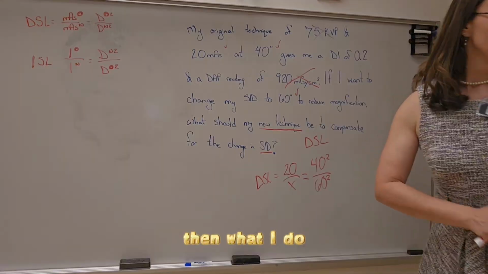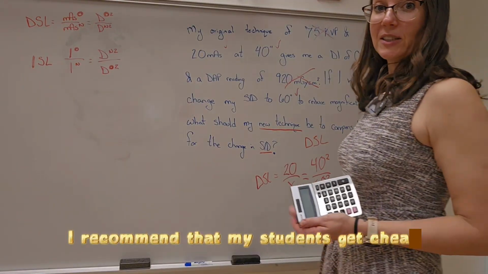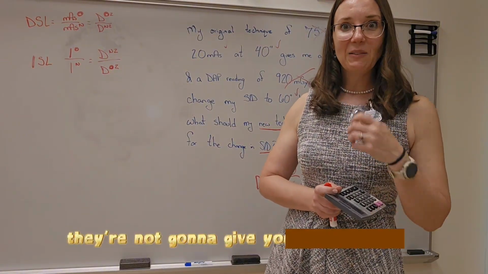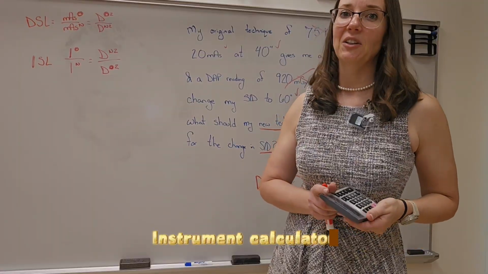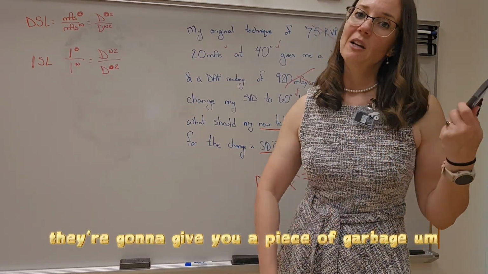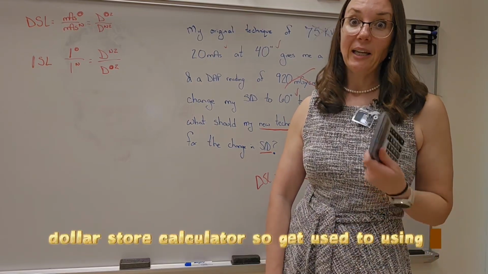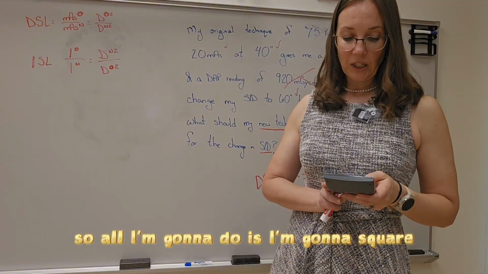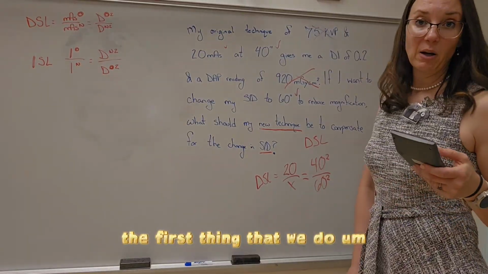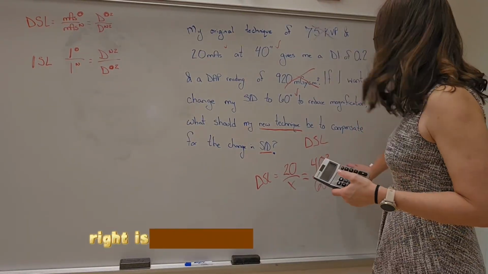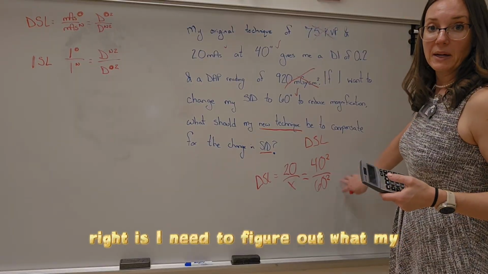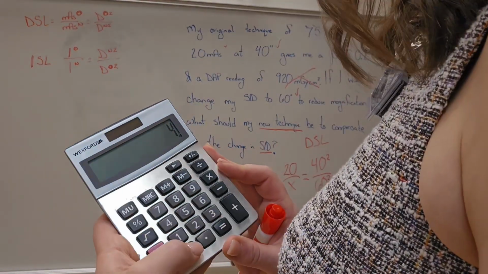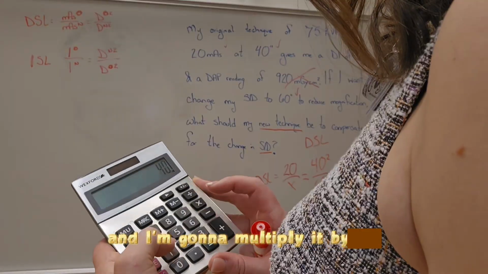Then what I do, I recommend that my students get cheap calculators, because guess what? When you go to take your registry, they're not going to give you a fancy Texas Instruments calculator. They're going to give you a piece of garbage dollar store calculator. So get used to using a cheap calculator. So all I'm going to do is I'm going to square. The first thing that we do, please excuse my dear Aunt Sally, right, is I need to figure out what my distances squared are. So I'm going to take 40 and multiply it by 40,